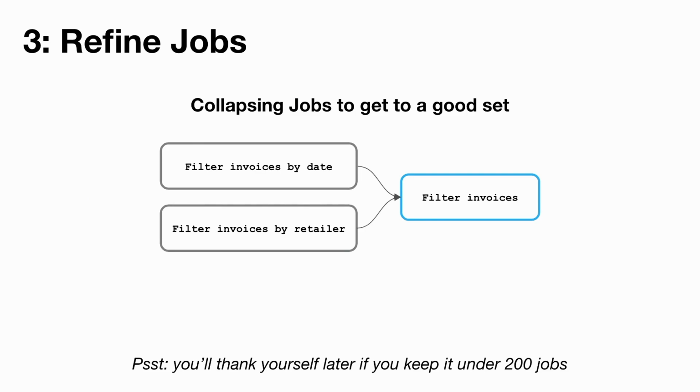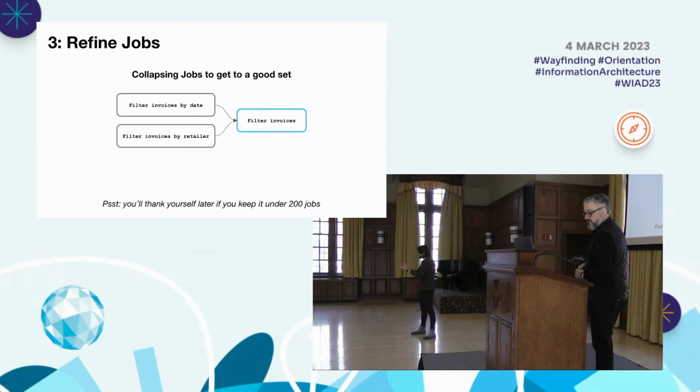Yeah, so when we go to refine these jobs, there's a couple reasons why you might want to take what were two things and combine them into one. One is you'll end up with duplicates. I might say filter invoices by date, and my colleague might say filter invoices by time. And we're probably talking about pretty much the same thing. The autocomplete didn't catch up with one of us, and so now we have these two things, and we're going to bring them together so that we don't have 1,000 jobs for our 1,000 nodes, because that's not very helpful.